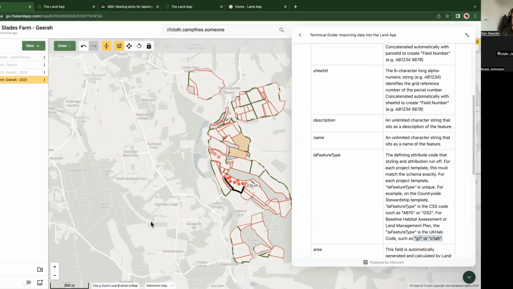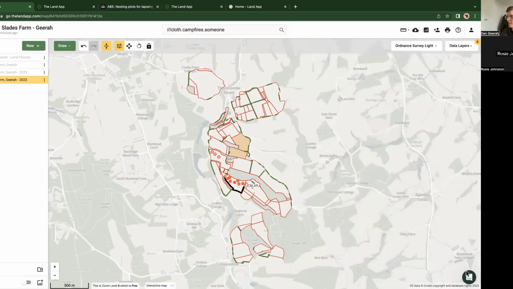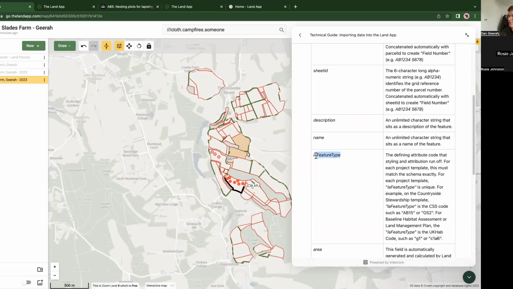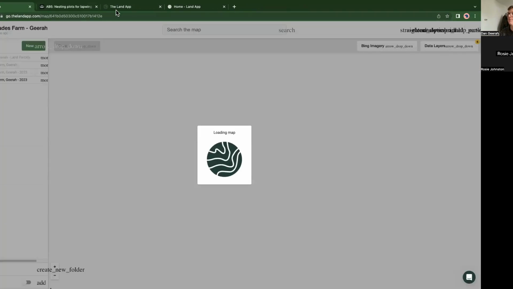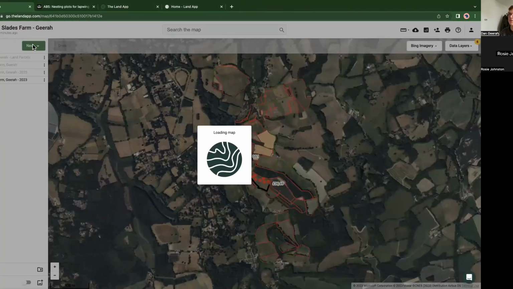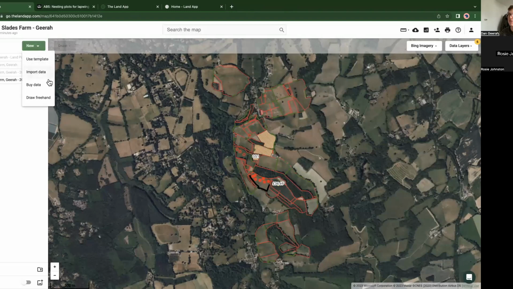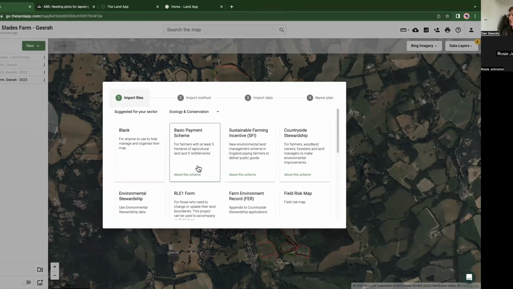Sarah, can you also import HLS options as well as CSS with the color? Yep, really good point. Same principle, importing them, make sure that the column with the HLS code is with the LA feature type. But this time, when you're importing the data, just make sure you're using the environmental stewardship template, which is